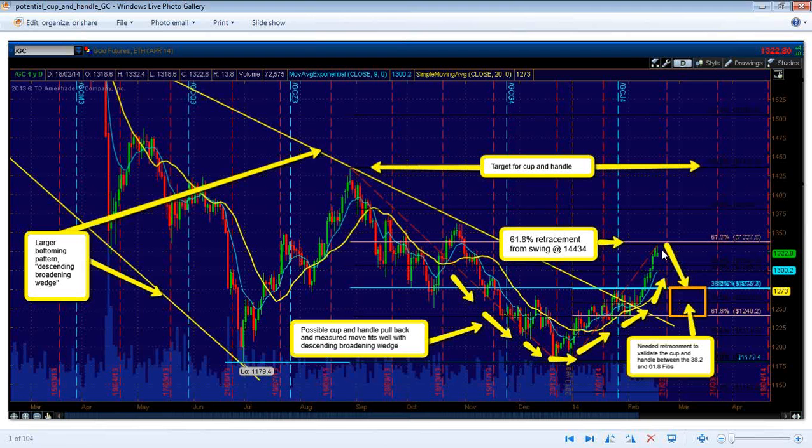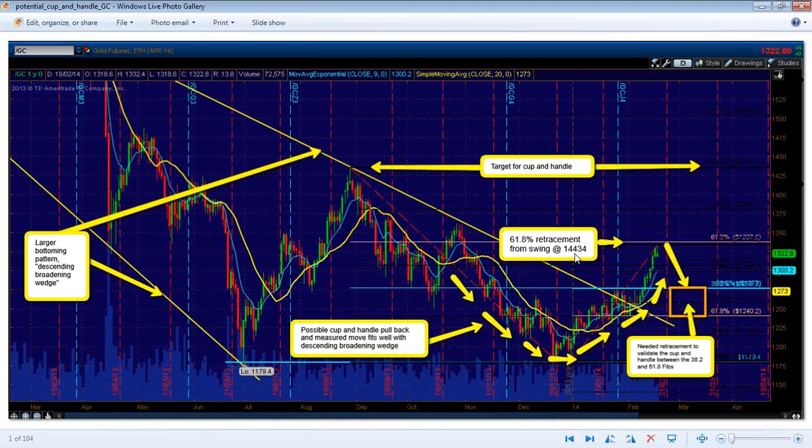Not only that, it came up, and it is a lower right rim compared to what would be the left rim. The reason I drew it out, just to check it out, doesn't mean that we can't go up and have more of an equal rim, but because of the fact this is the 61.8 retracement off of this